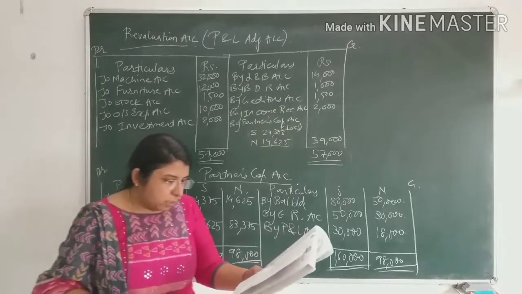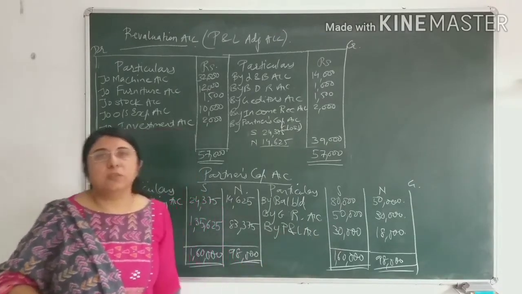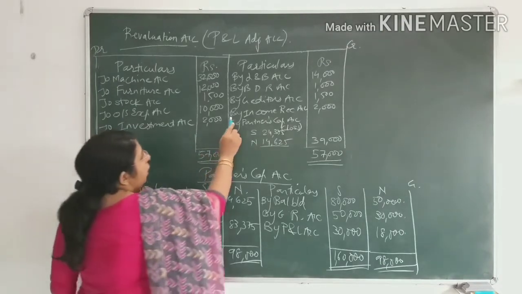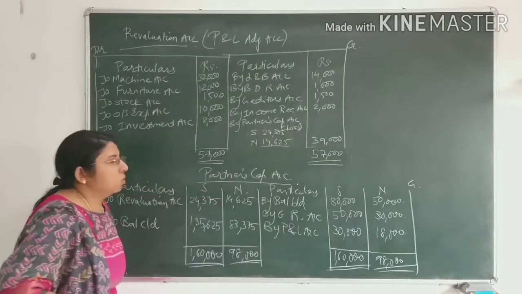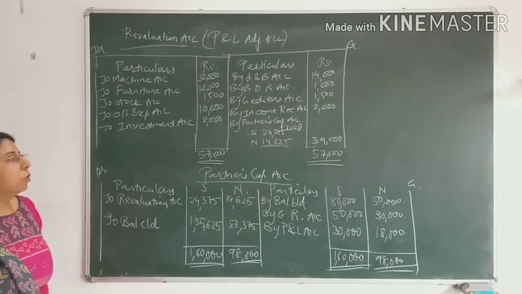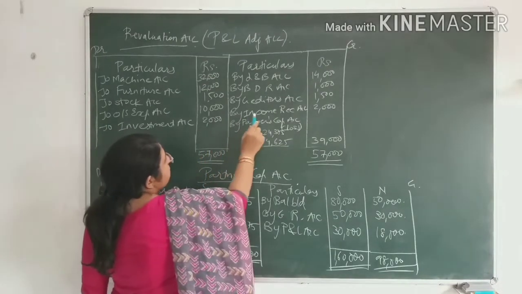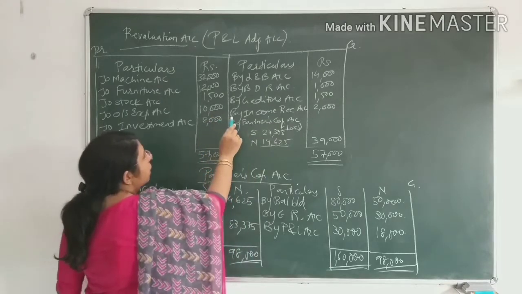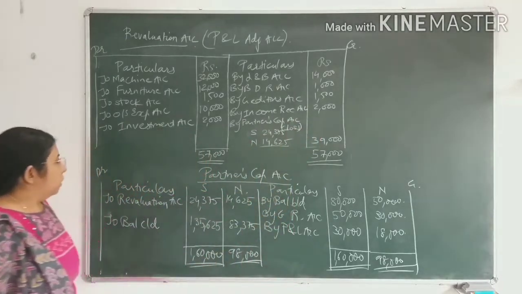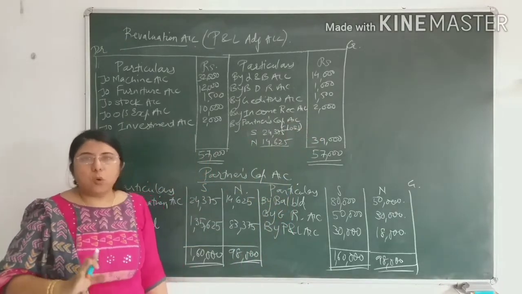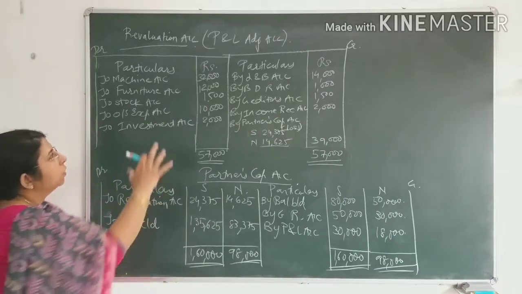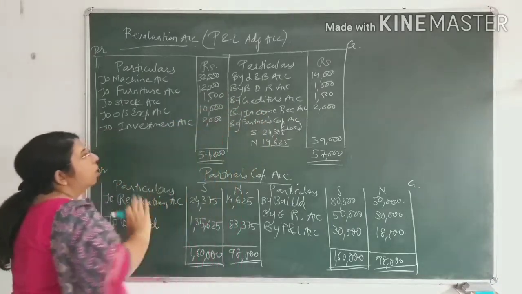The next journal entry that you have written is income receivable, rupees 2,000. Income receivable is a profit for the firm. If it is profit, then it will be recorded on the credit side of the revaluation account. You have written the journal entry that is income receivable account debit to revaluation account credit. So on the credit side of the revaluation account, you will write the name of the opposite party, that is by income receivable account, rupees 2,000. Now after the posting of all the entries of the revaluation account, one journal entry is left. That journal entry will be written after the posting of all the entries in the revaluation account.